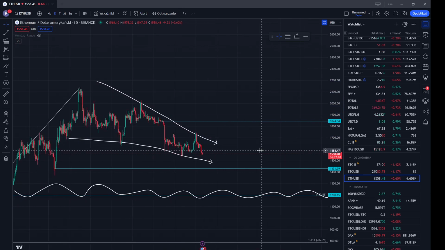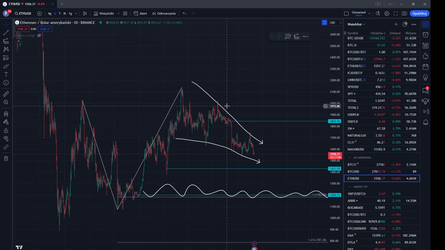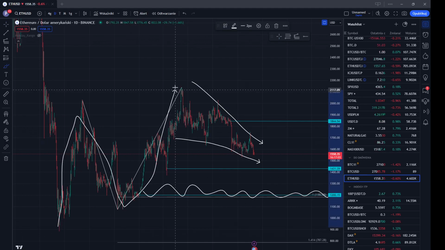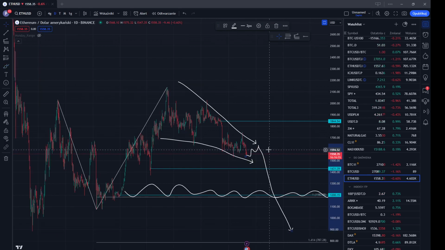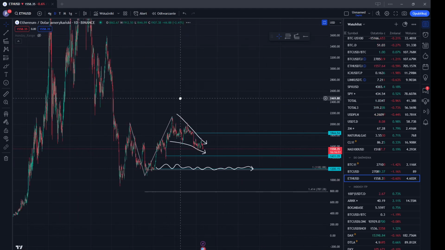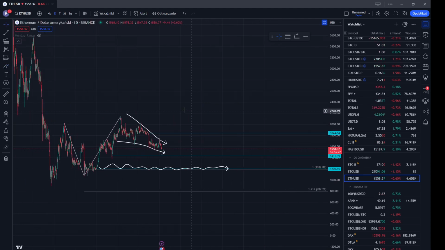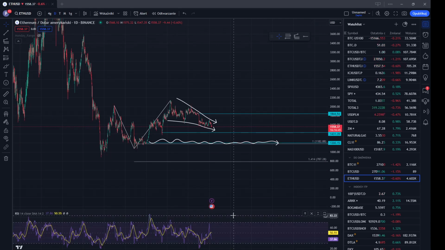So it doesn't look very good. And this could be our A, B, and C. And then here, consolidation, maybe some move up, and then acceleration to the downside. At the moment, it does not look very good. I mean, people will say, "Oh yeah, falling wedge." You know, let's see the